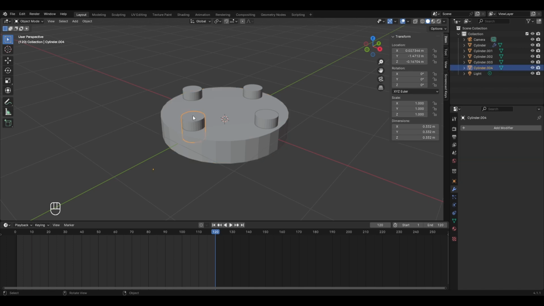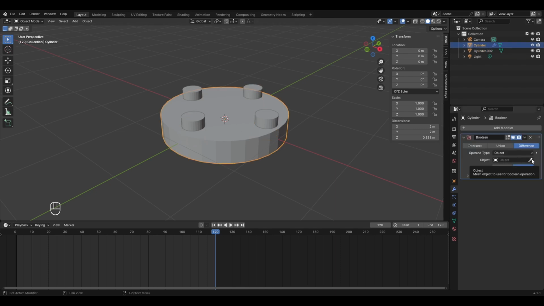For this I'll select one of them, and with the Shift key held, I'll select the other 3. To join them together, press Ctrl plus J, and now they are converted into a single object with the name cylinder.002. Let's select the base again, go to the object, click on this eyedropper, place it on one of the cylinders and left click. Now in the object option, we have the cylinder.002